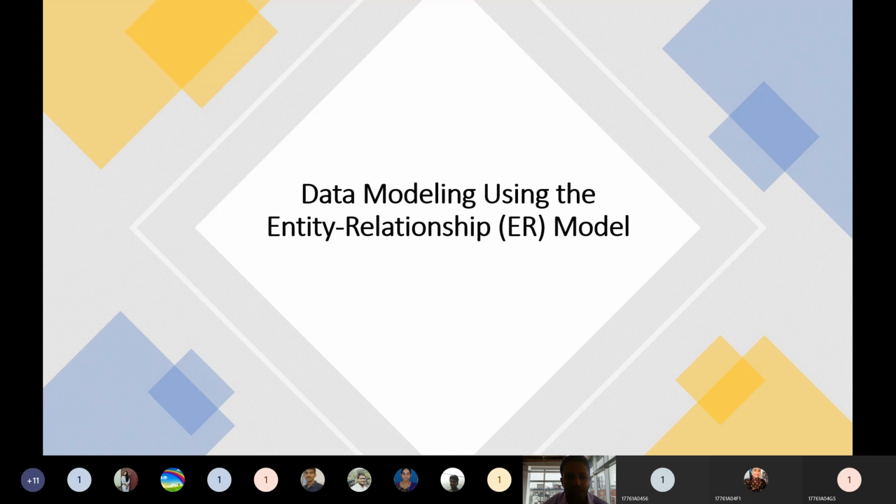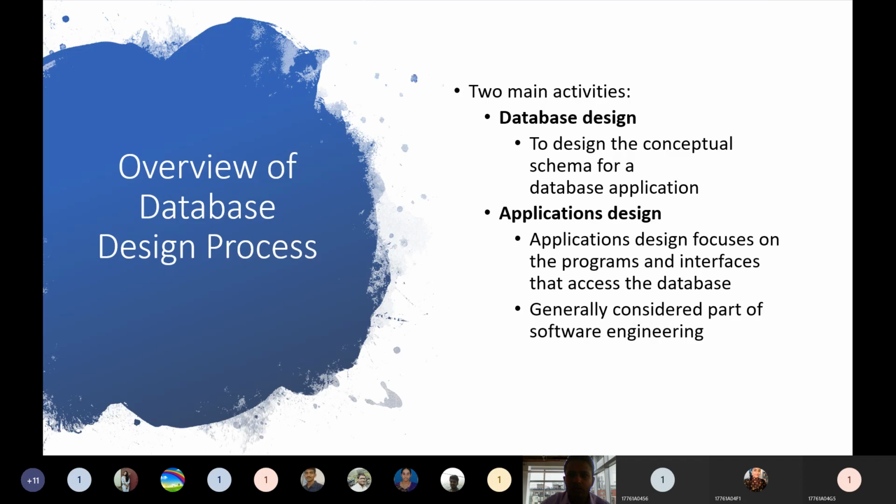In interviews, they may ask this question: what are ER diagrams? Do you know ER diagrams? Yes, after completing this unit, you will get the basic idea about ER diagrams. The use of ER diagrams is nothing but to design or to model the database. Otherwise, if you want to model the data within the database, we will be using the ER model. So that is the design process for a database.